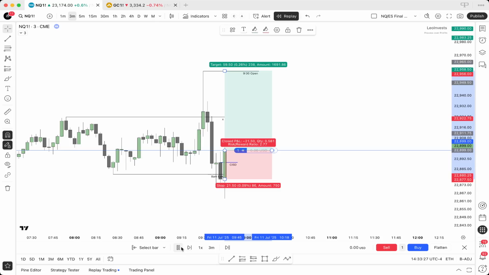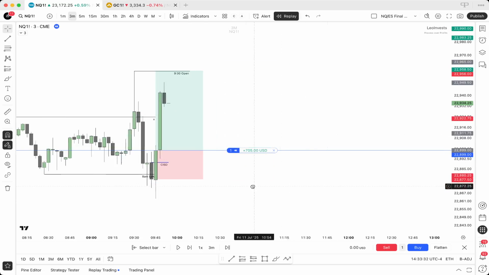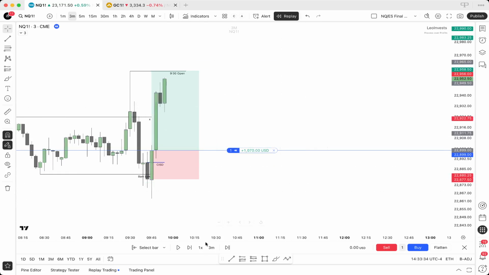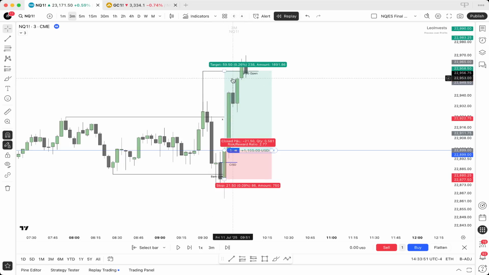And now we'll just let this play out and see what happens for this long setup. We see here, we get a very aggressive closure back above, approaching this 9:30 high, until finally we were taken out of this trade where we swept out that 9:30 high. Now let's see what happens when market, once we retest this 9:30 open, what do we see happen with market? Well, we end up rejecting off that 9:30 open, since once again, that becomes a draw on liquidity. And so this trade actually did take me out for a beautiful 2.77R, and in my eyes was a very